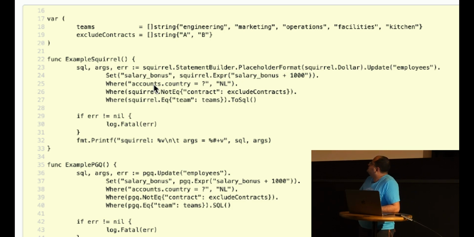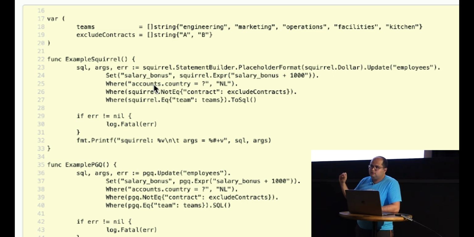It's a slice, and if you are using Squirrel, it's basically going to create a placeholder for each value you have in the slice, and that is awful. It's especially awful because it means that any prepared statements that you generate will only serve for that amount of values in that slice.